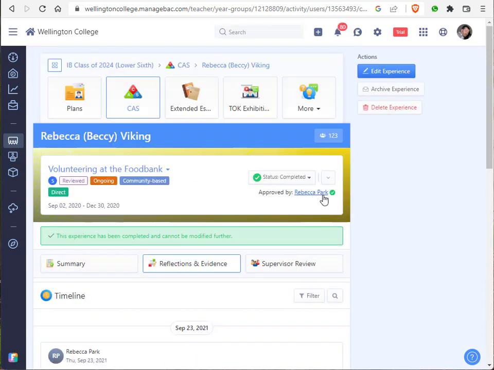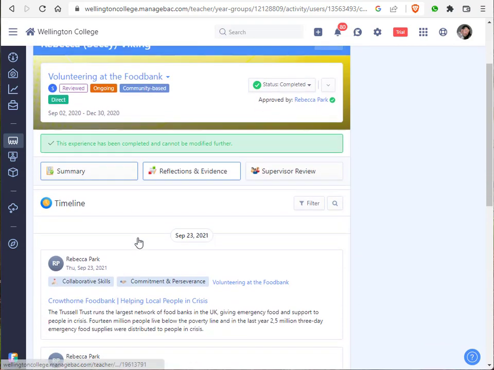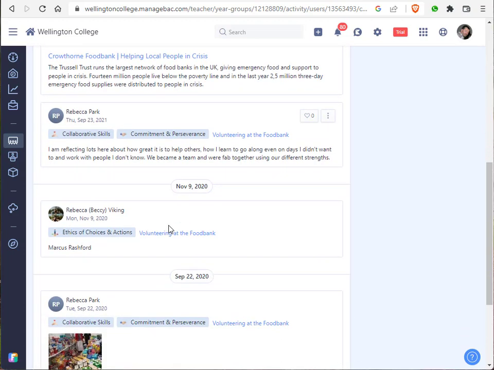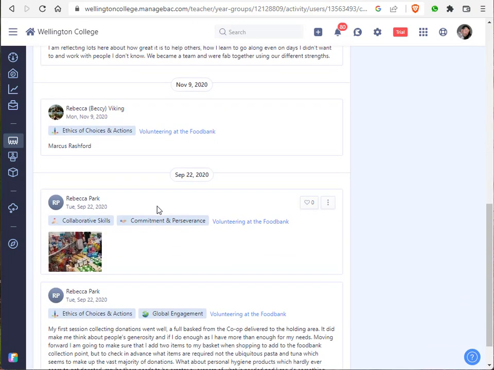And this is where one of my students hadn't done any reflections and the other one had done lots. The student needs to keep coming back to this CAS entry every couple of weeks or every 3 weeks and just adding a reflection about how it's going. And those reflections should be on the learning outcomes. So this student has put in several things, and